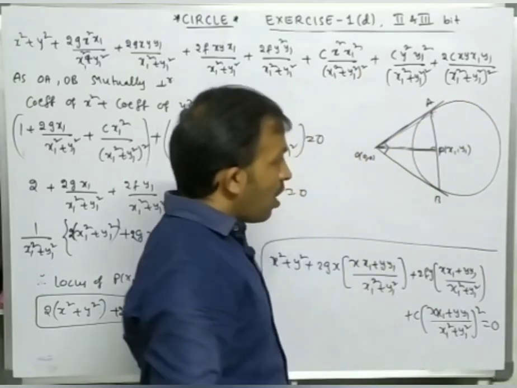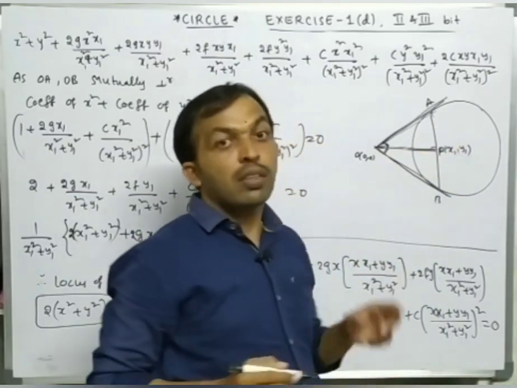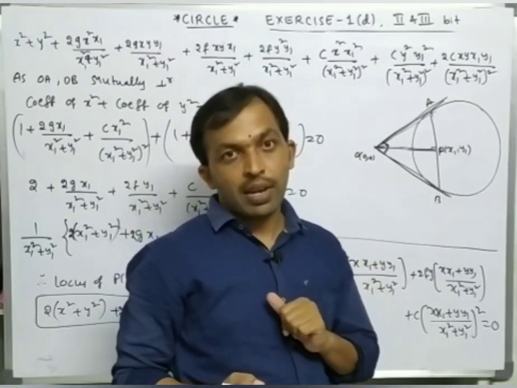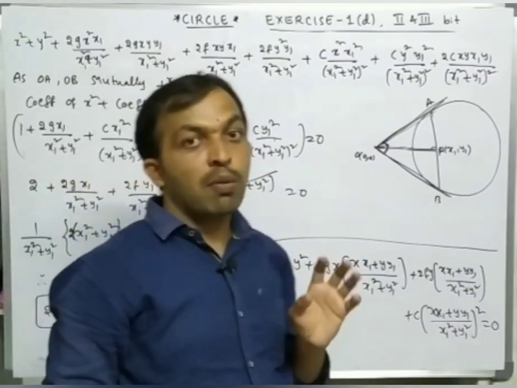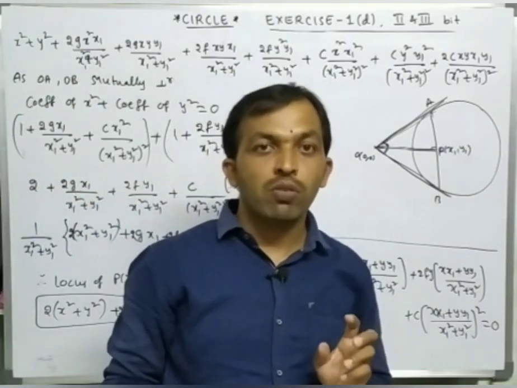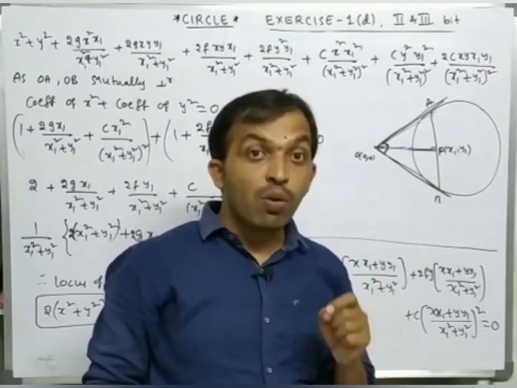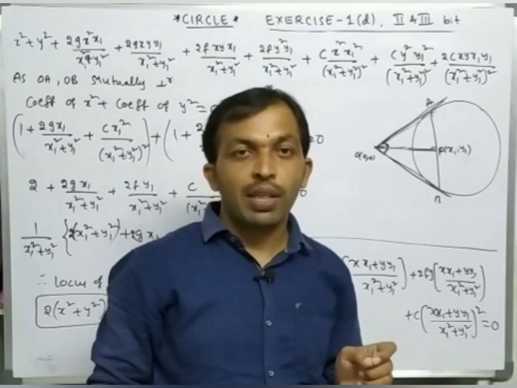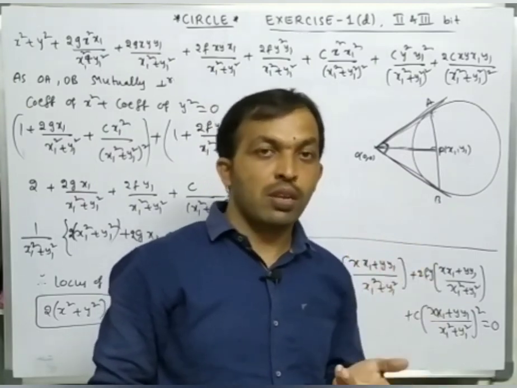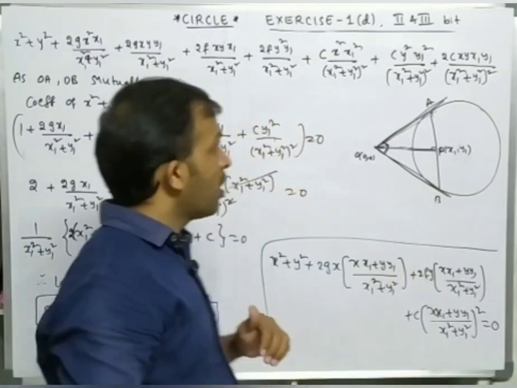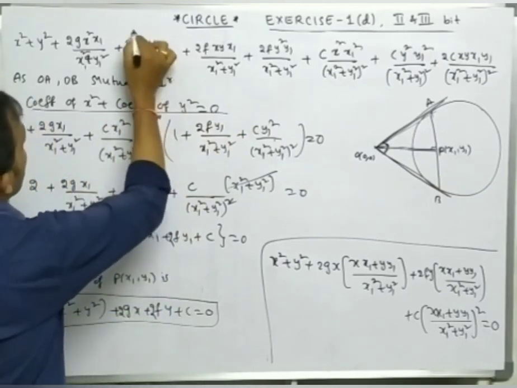In this one it is given that OA and OB are mutually perpendicular. That means these two are a pair of straight line equations. So this is a pair of straight line equation of the form ax square plus 2hxy plus by square is equal to 0. So if they are mutually perpendicular, then the coefficient of x square plus the coefficient of y square is equal to 0. That means a plus b is equal to 0. Already we learned this in the first pair of straight lines topic. So here the coefficient of x square plus the coefficient of y square is equal to 0.